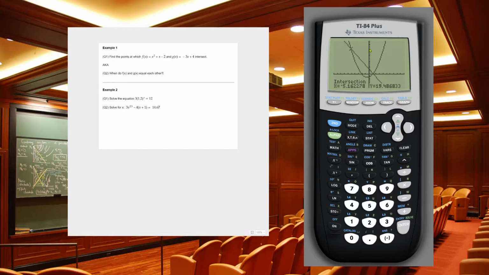Okay, so based on this information, we have the x and y values. We can answer the questions like find where these functions intersect, find when these functions are equal, find the x values in which the heights are the same, etc. These are all the same question that can be approximated with the calculator. Okay, and so this is helpful for when you have two functions where it's not algebraically easy or feasible to solve